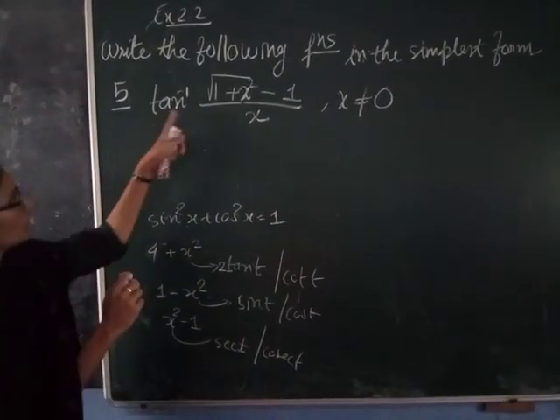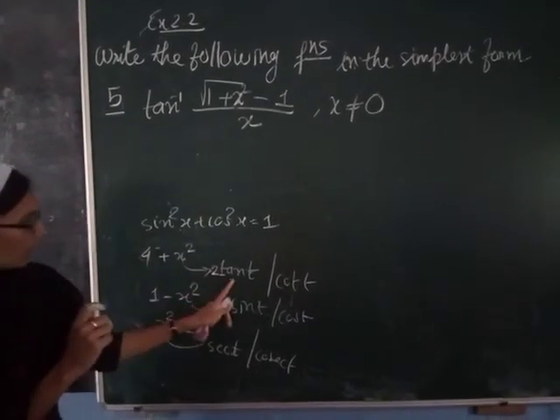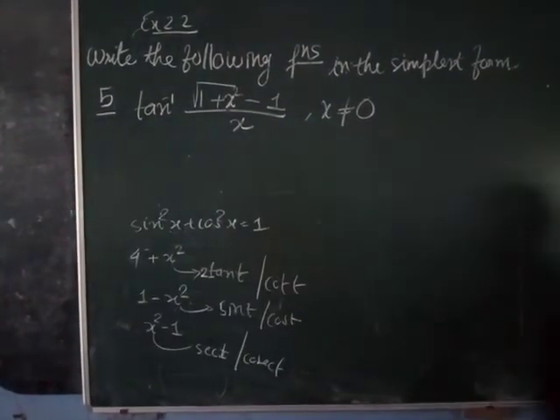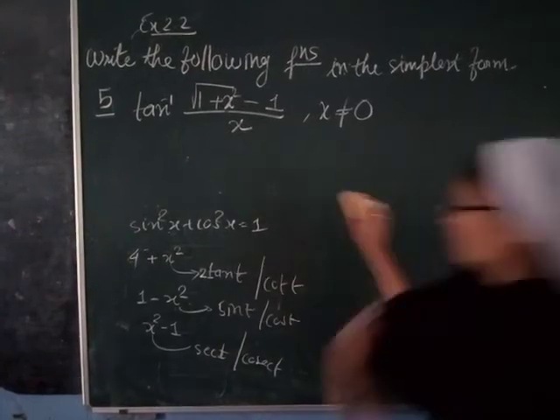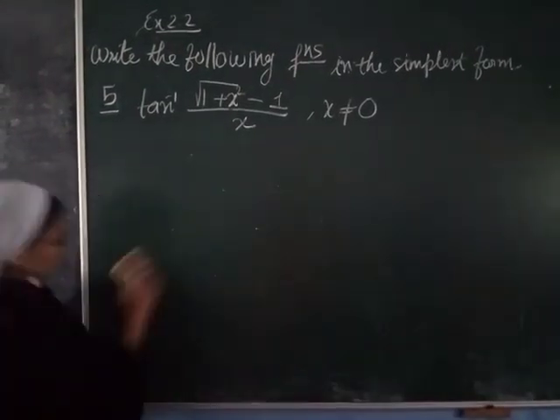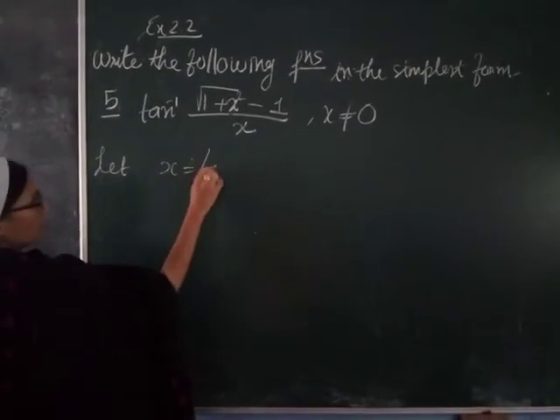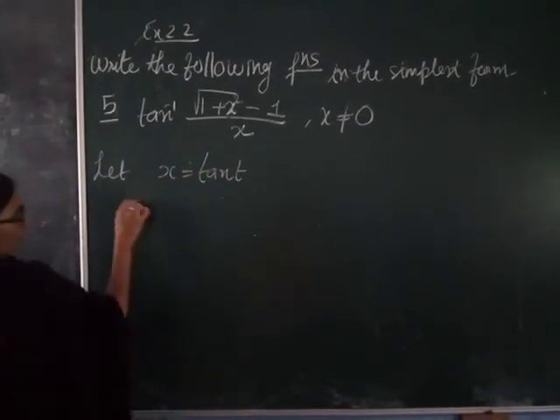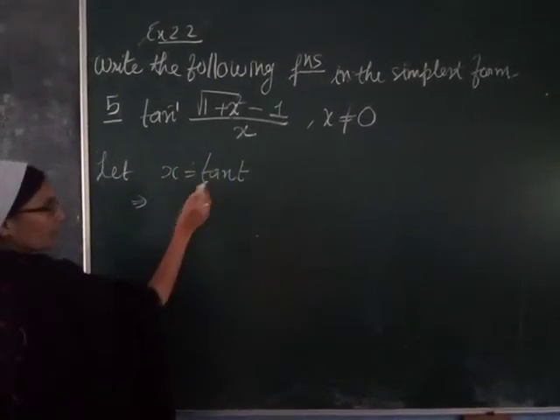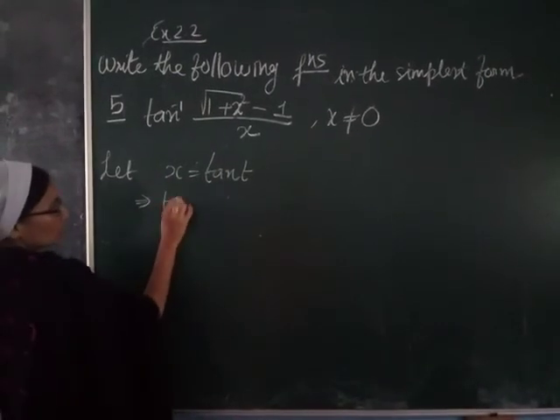Alright, so now for this, as I said, I will take x is equal to tan t. So let x is equal to tan t. Okay, first, since it is inverse trigonometry, I will transfer it here and make tan inverse. So tan inverse